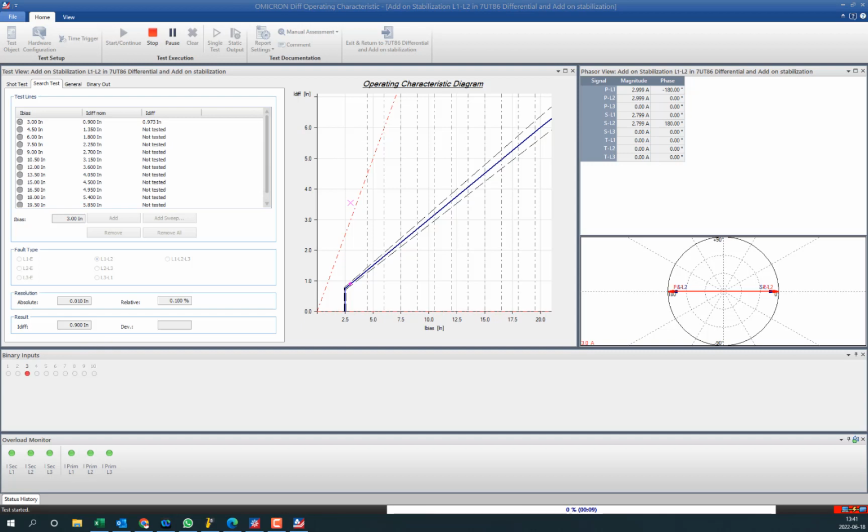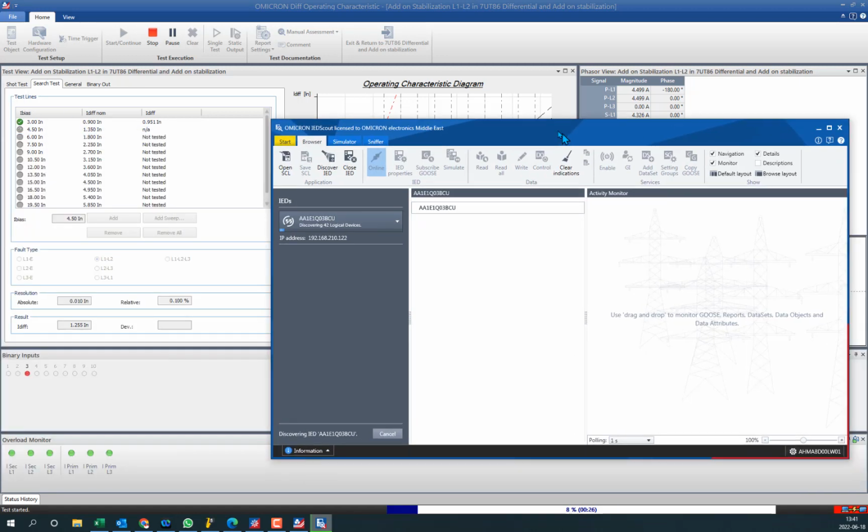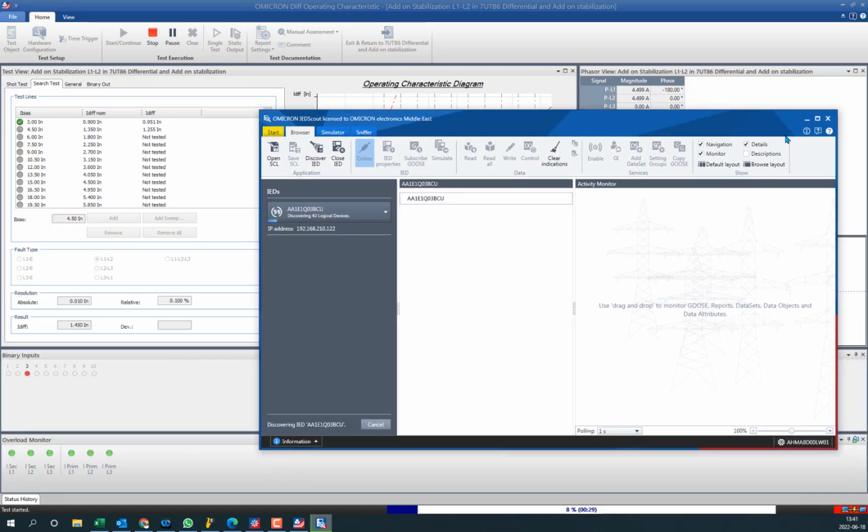Just to do something else to confirm that the add-on stabilization feature is working fine, and this is related to the external fault blocking. I will try to get something from the relay using our IED Scout software. This is also a very important tool. You can get the settings of the relay, and you can also get the IEC 61850 stuff from the relay, like GOOSE, like MMS client server module. So I will try to get the details, and I will show you whether the function is activated or not while I'm simulating the external fault detect. So I will just go to, once it is loading,